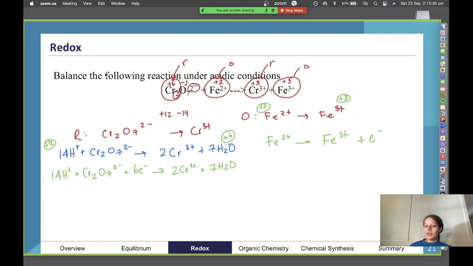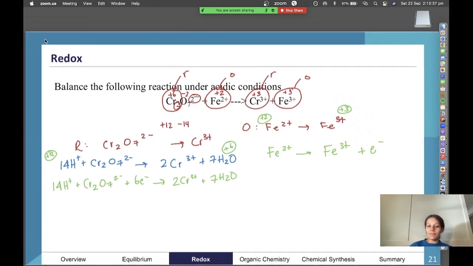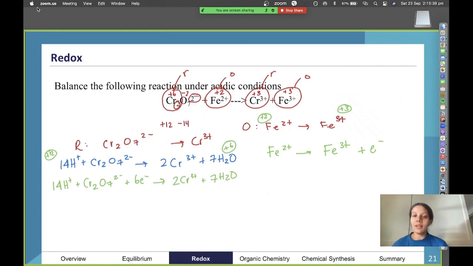So that's our process for working through the half reaction balancing step first. A good way to check that you've done the right thing is checking where your electrons are. Reduction is gain of electrons, so they should be on the left-hand side, which is what we've got. And for the oxidation half reaction, we have 1 electron being lost on the right-hand side, which is good. So that's a good way to check your work as you're going through.